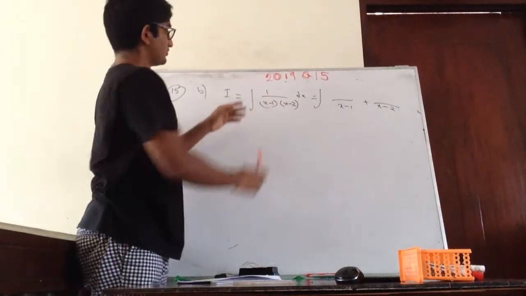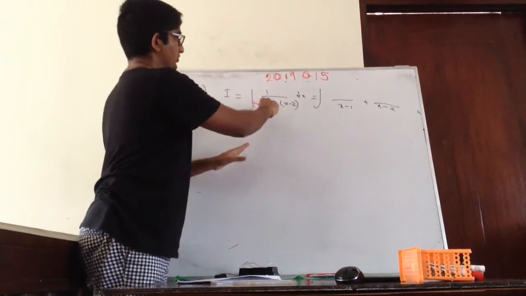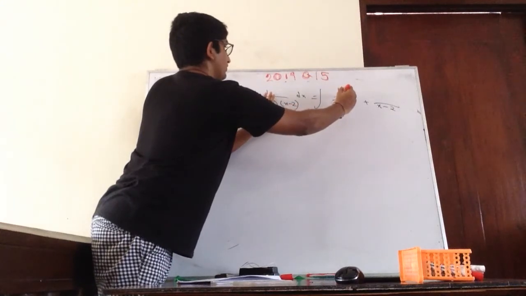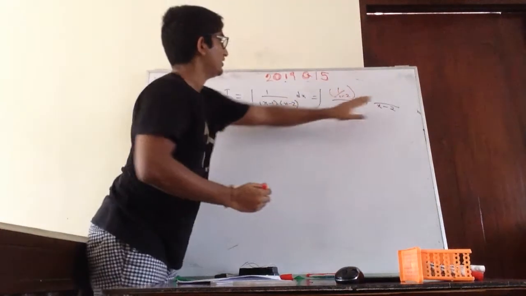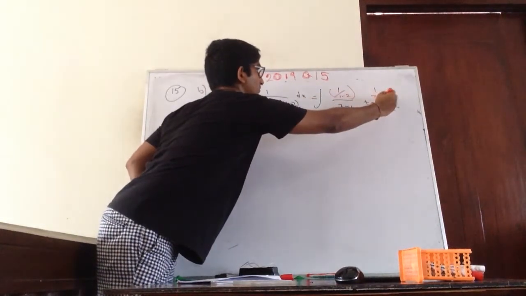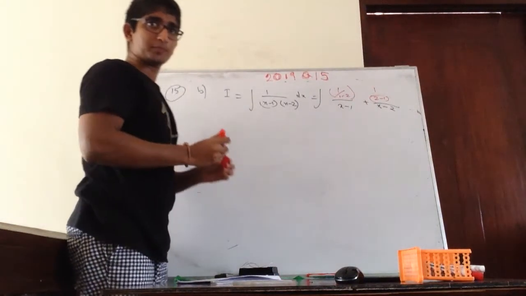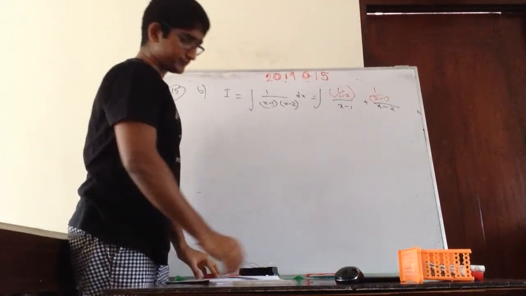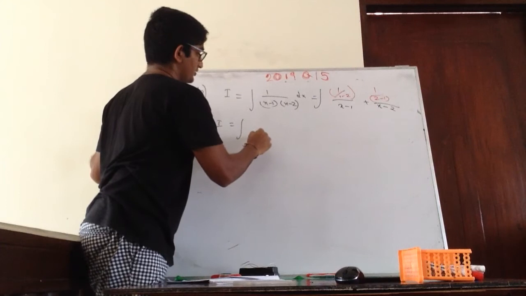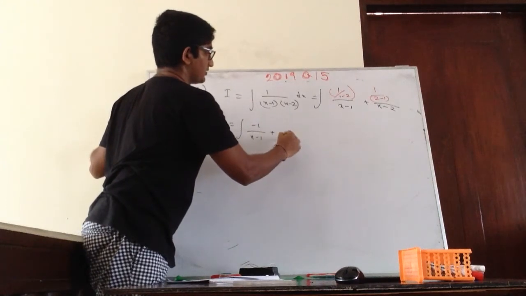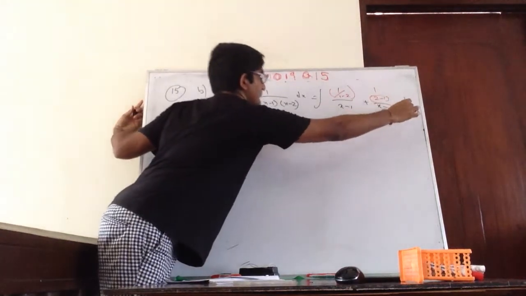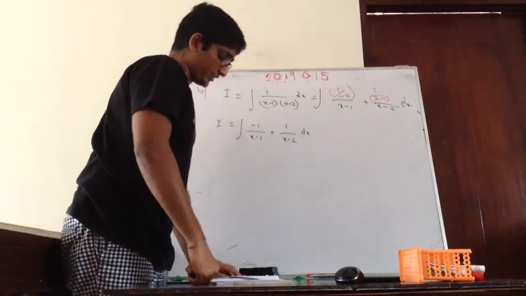So now when you close this up, you put x equals 1. So you get 1 over 1 minus 2. Then for this you close this up, you put 2 here, 2 minus 1. So that is how you get it now. So then I will get I as minus 1 over x minus 1 plus 1 over x minus 2. Right, so here you will get this.